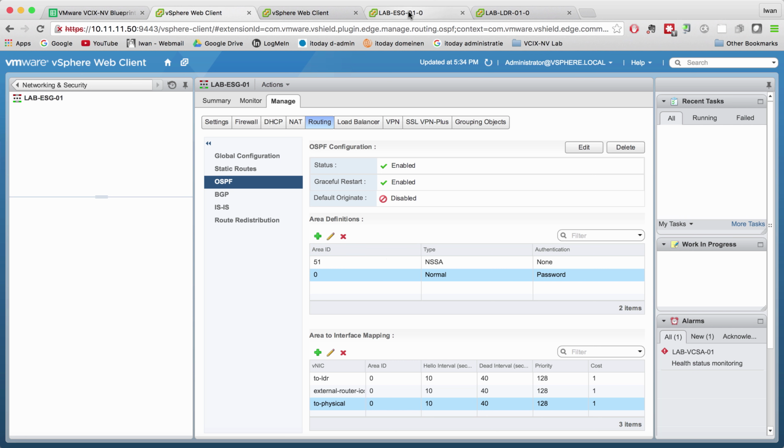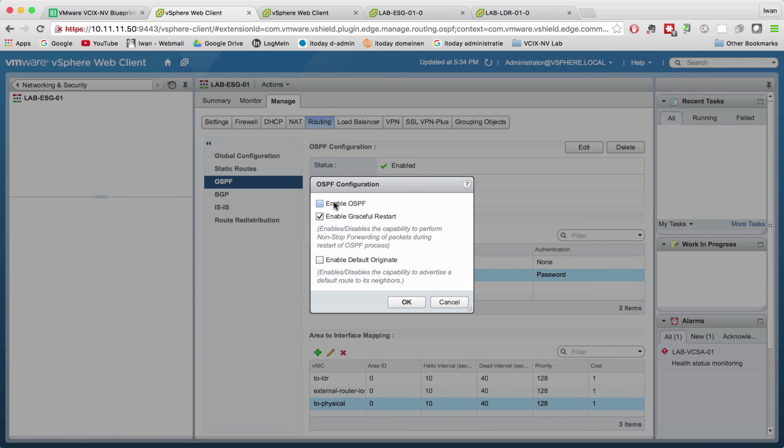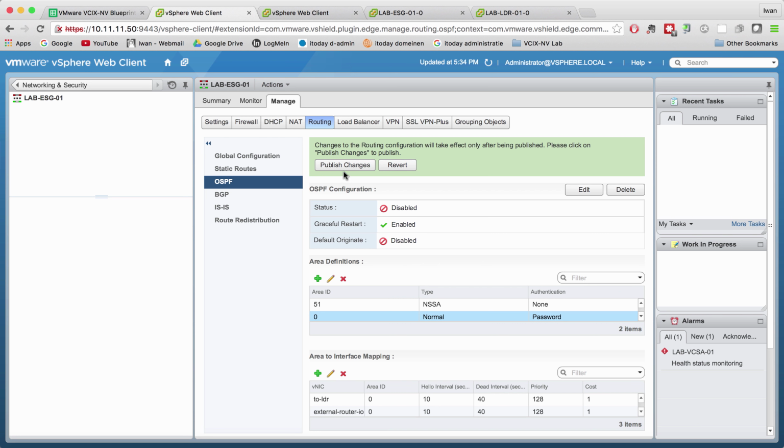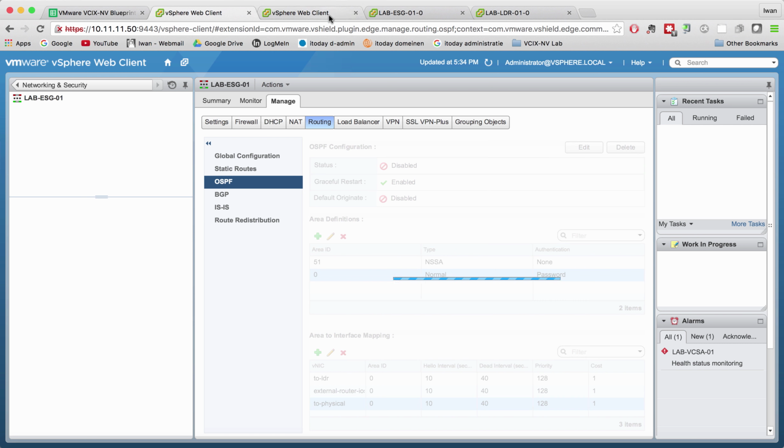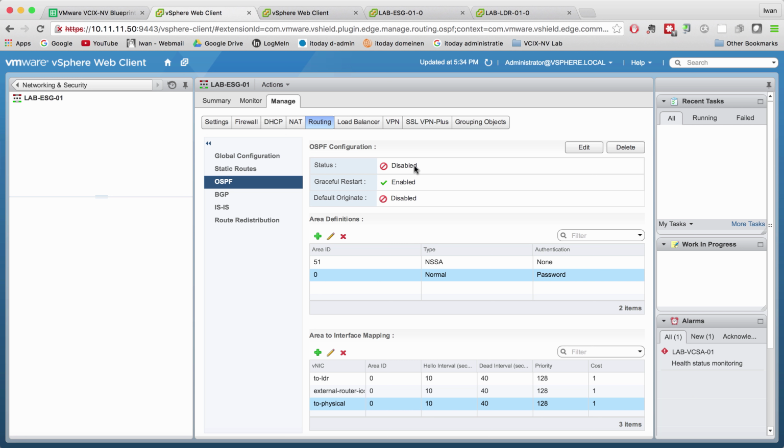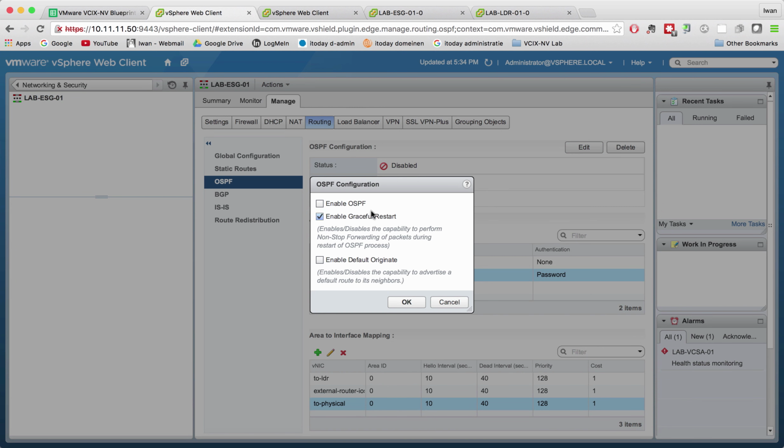So let's do edit. Let's hit enable OSPF, publish. Right now OSPF is disabled, and let's enable it again just to verify, and let's hit edit and enable it again,